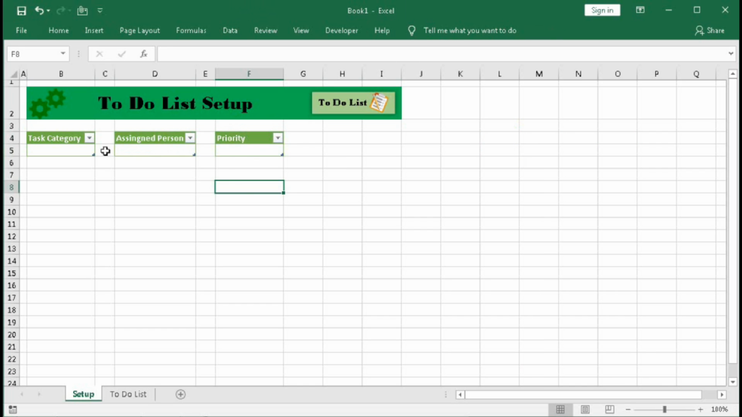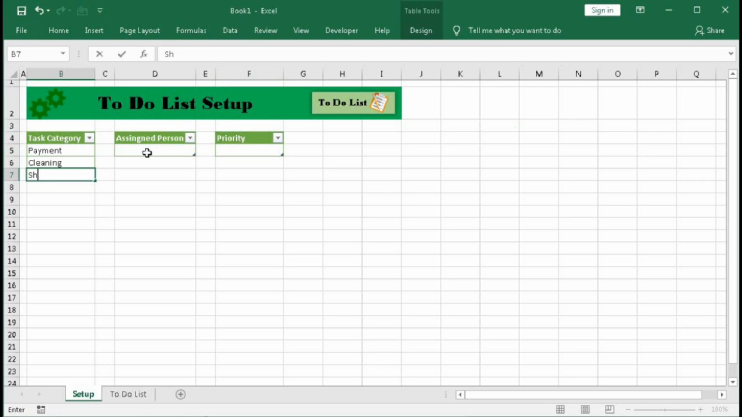Okay, now type here payment, then cleaning, then shopping, then tuition, in this way. Now assigned person, here I am typing person 1,